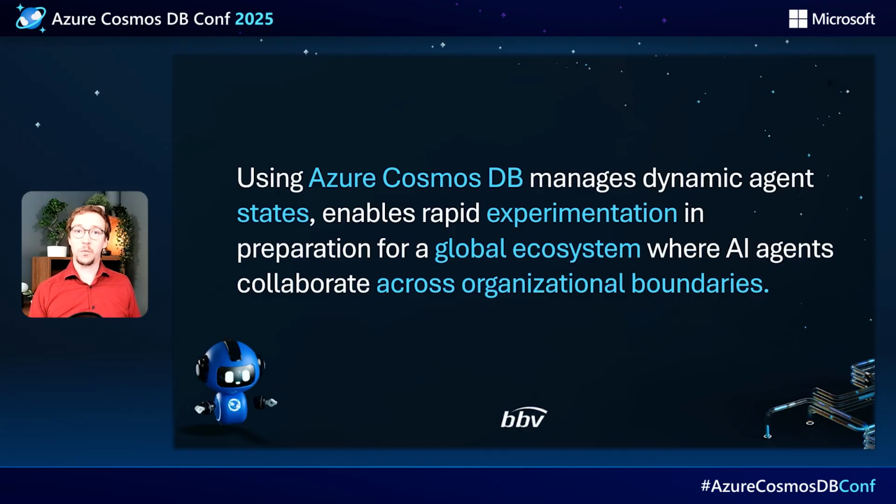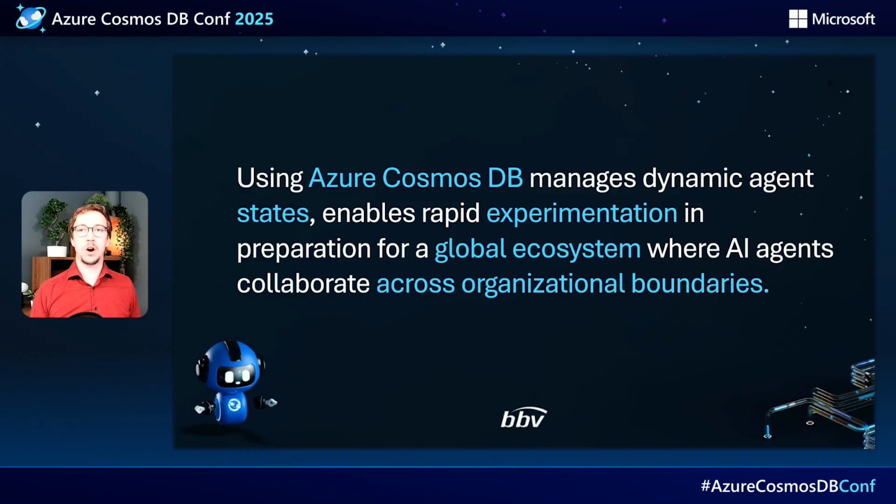This is where we actually use Azure Cosmos database greatly. We use it to persist our internal states, so the run and thread context. And here we use the flexible schema, the real-time data consistency, and the global distribution. This ensures that our run and thread context are always instantly available for all the agents. And by the way, we also store our agent or tool definitions in the Azure Cosmos database.